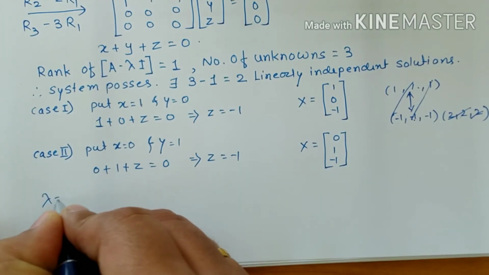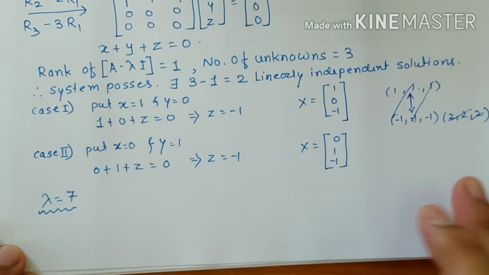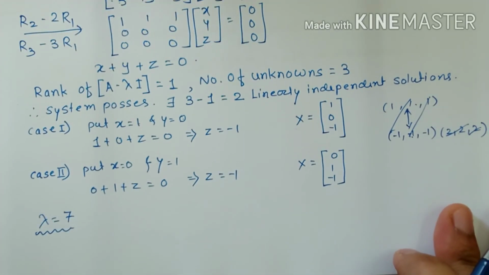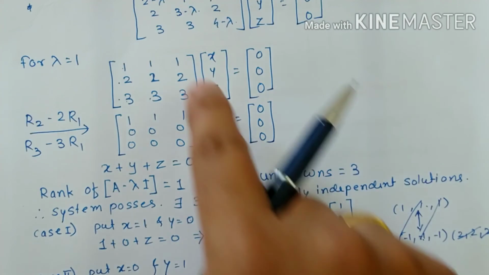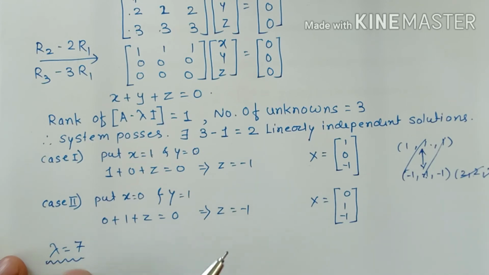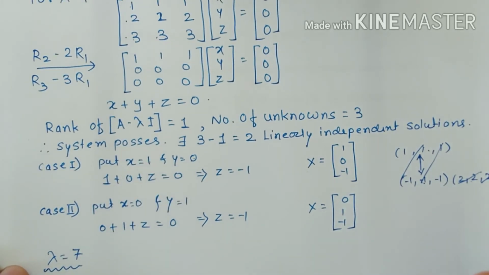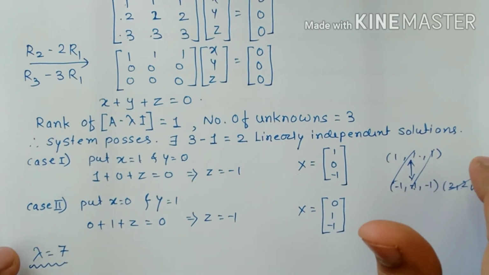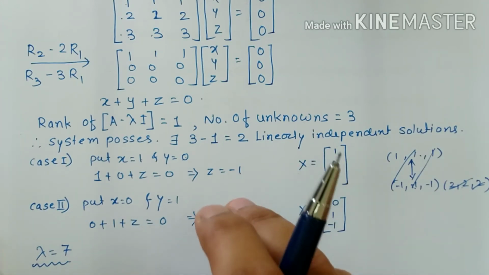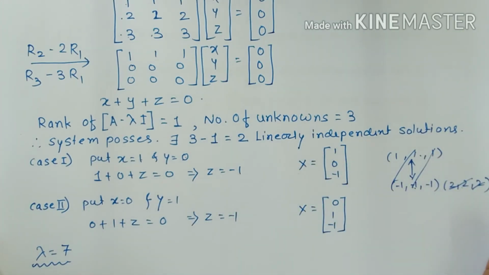Now we have to calculate the eigenvector for lambda is equal to 7. I am leaving this part as homework for you. You calculate the eigenvector for lambda is equal to 7 with the same method. But see, as 7 is a distinct eigenvalue, it is not going to repeat. You will get only one linearly independent solution. Are you clear with that? So you go with the same method, calculate your answer and post it either on WhatsApp or email. Okay. So this is all about the problems based on the calculation of eigenvalues and eigenvectors.